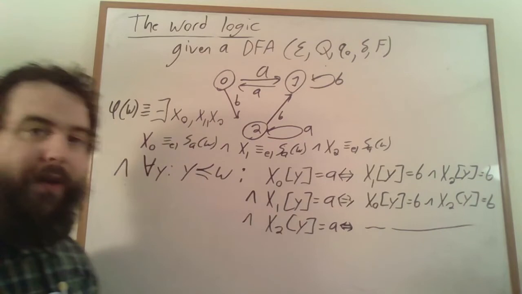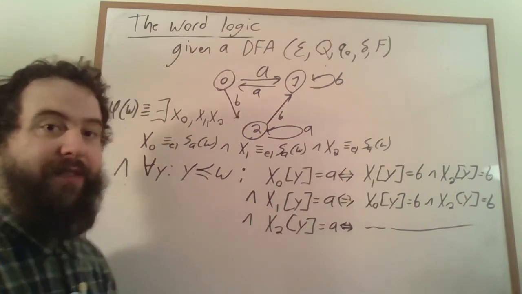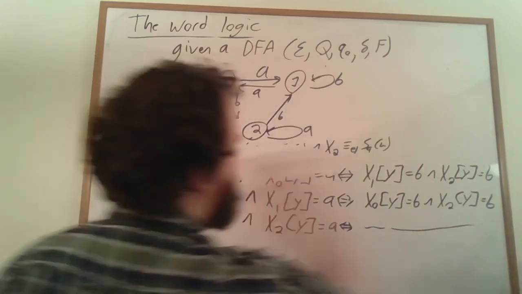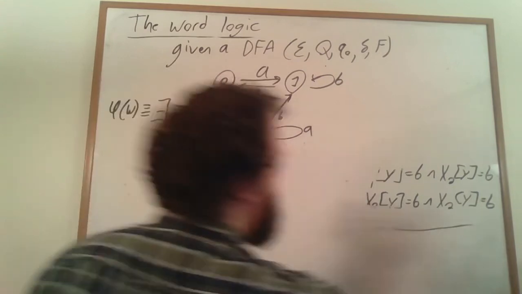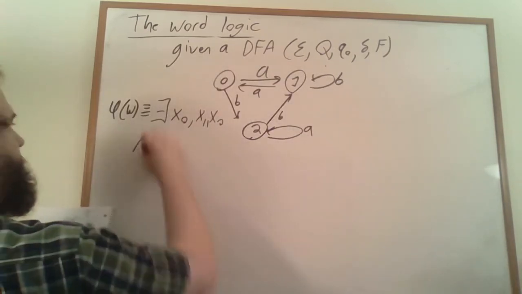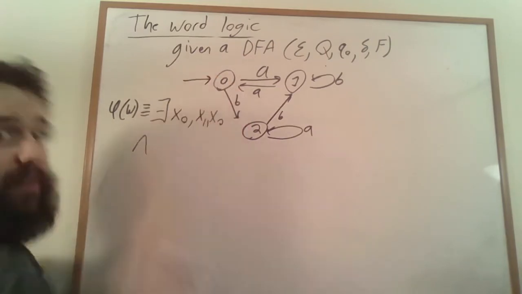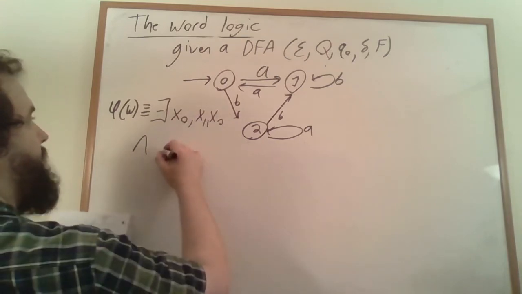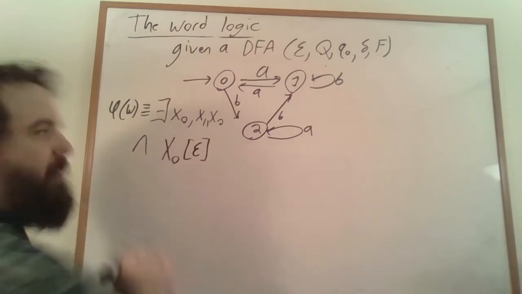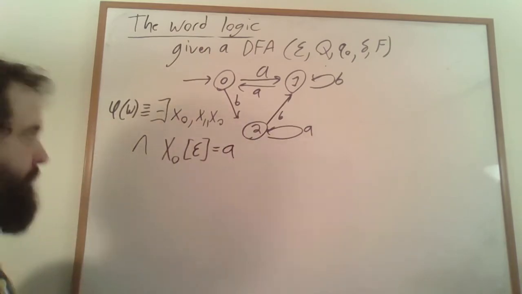But we want to make sure that they represent a run of our specific automaton, that they're a valid run. And so, I hope you don't mind if I erase, because I've run out of room. We're also going to want to say that because 0 is a start state, we want it to be the case that x0 of epsilon, the first character of x0, is going to be a, and